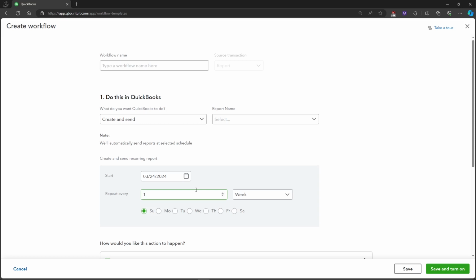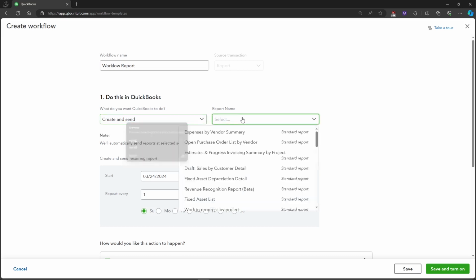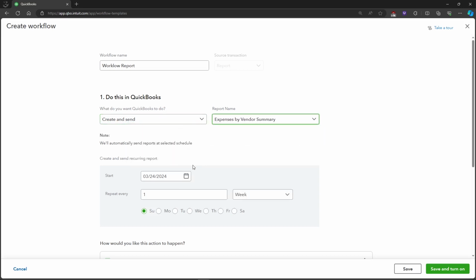So here we will be naming our workflow. So for example, workflow report. And next is what do you want QuickBooks to do. So you want to create and send, and the report name would be, for example, expenses by vendor summary, and